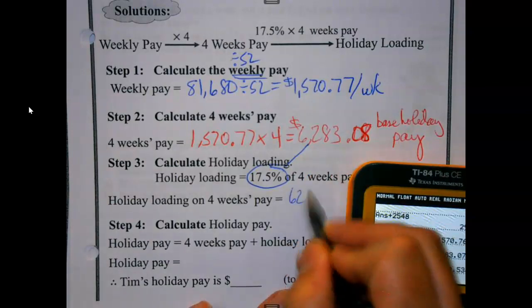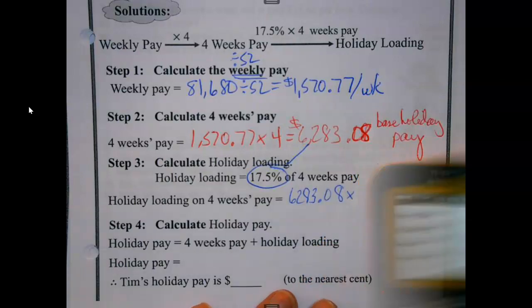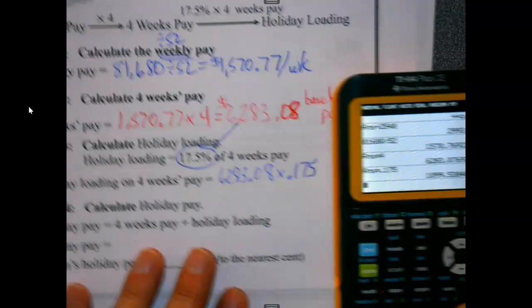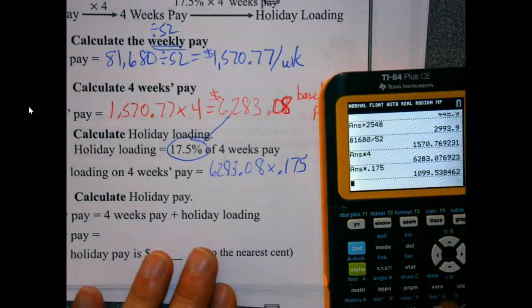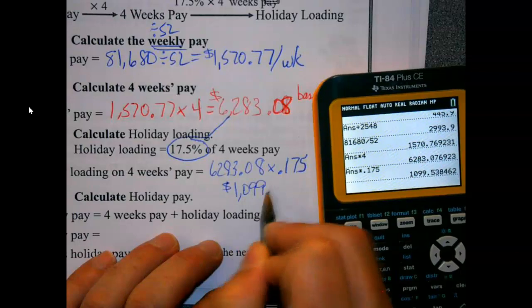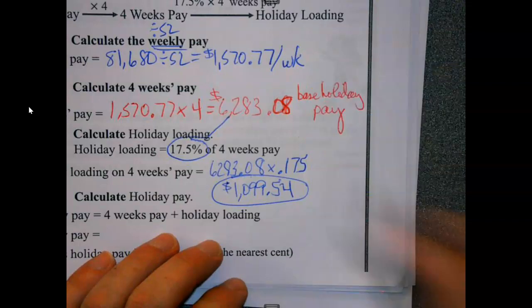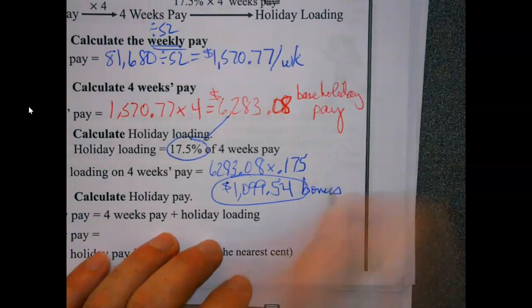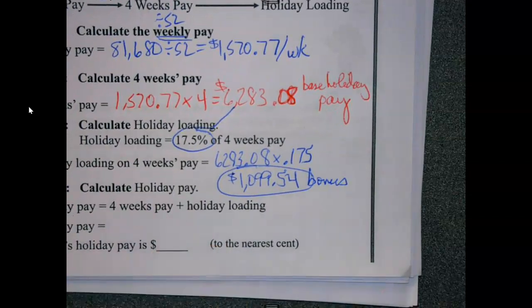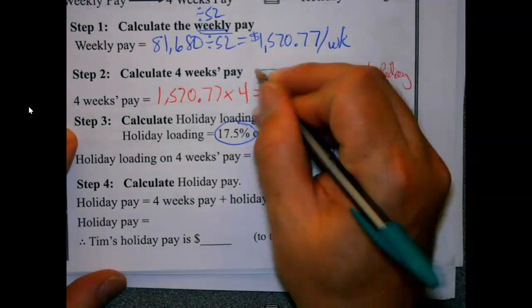So we've got, and I'm going to write this out, because again, you're going to have this to use as a tool when we do our quiz, so I want you to know where the numbers are coming from, because otherwise, they're not very useful. Okay, so this is his holiday loading. This is his bonus. So when he goes to go on his holiday break, his holiday vacation, whatever it is, he's going to get his normal check,